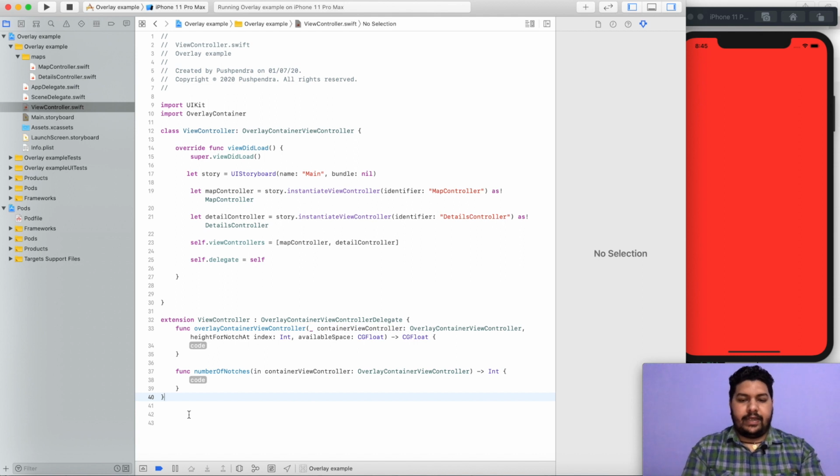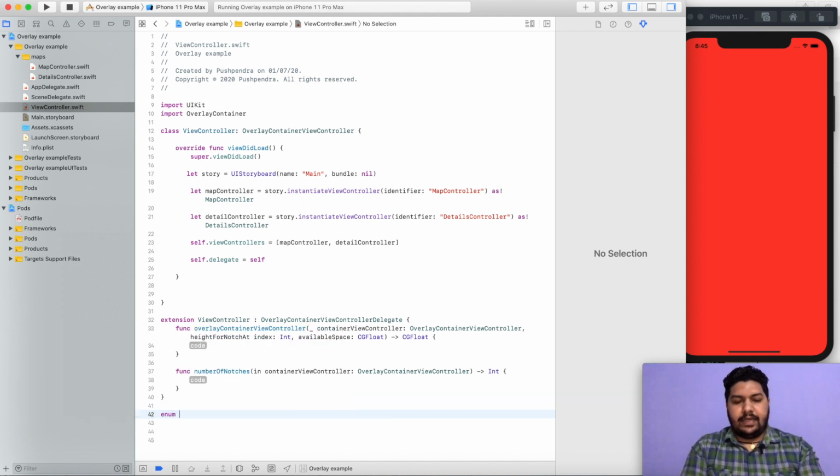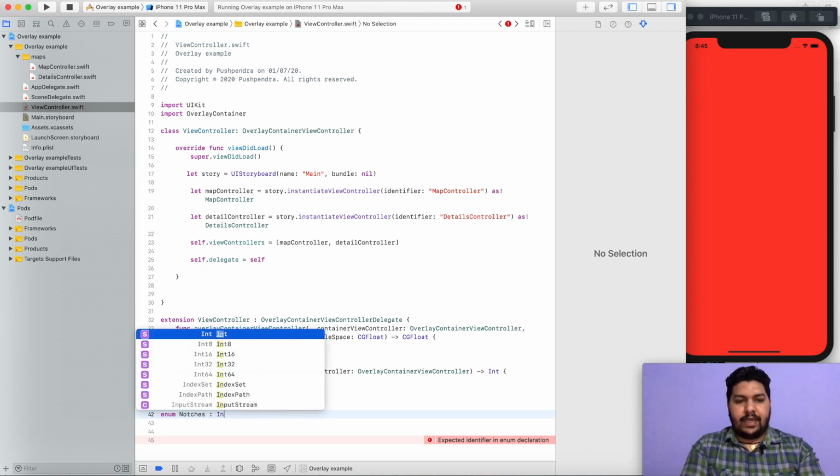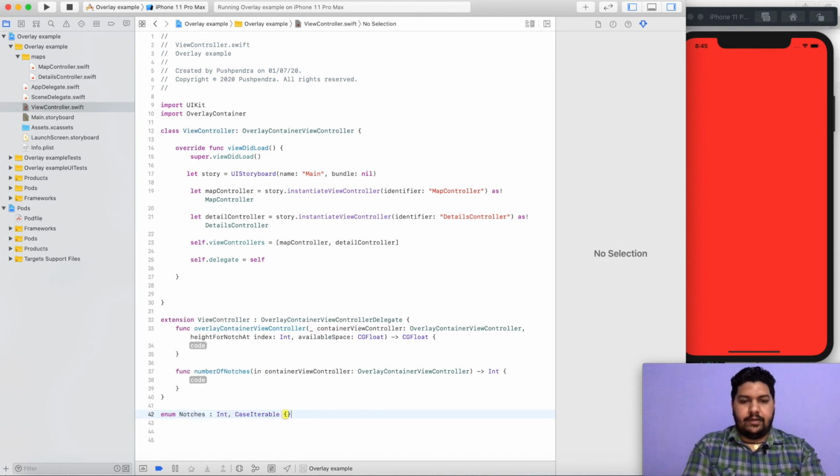Now I will create one enum. The enum will be notches, of type Int and CaseIterable.